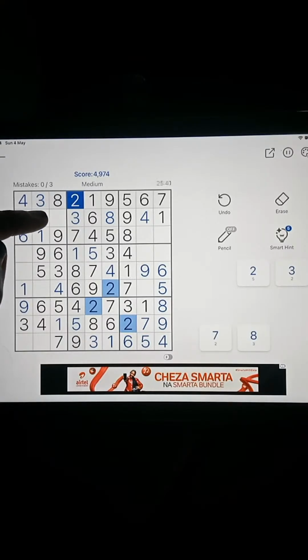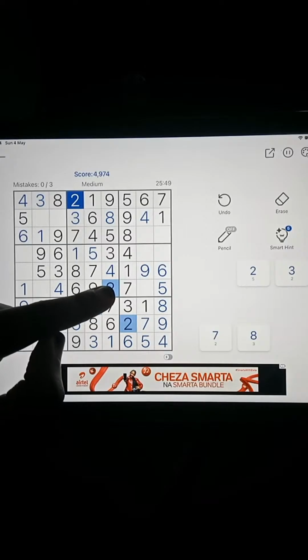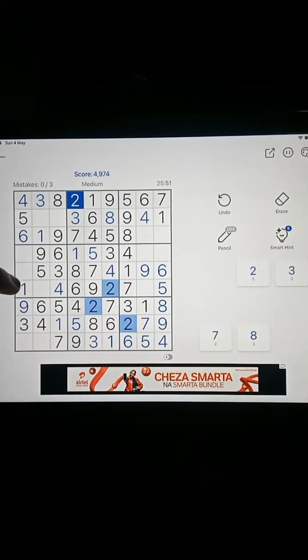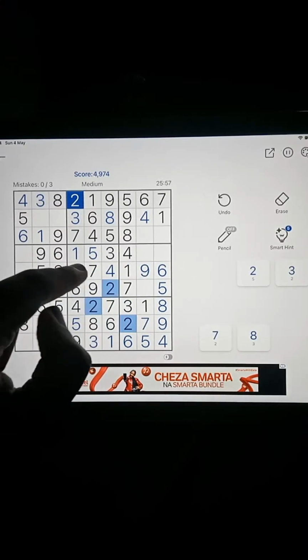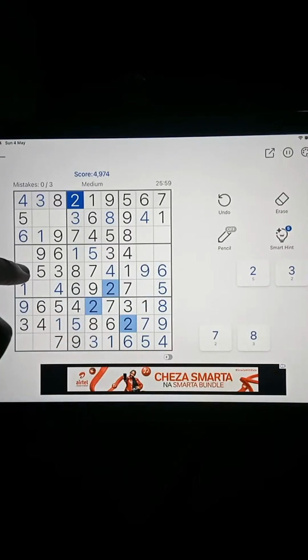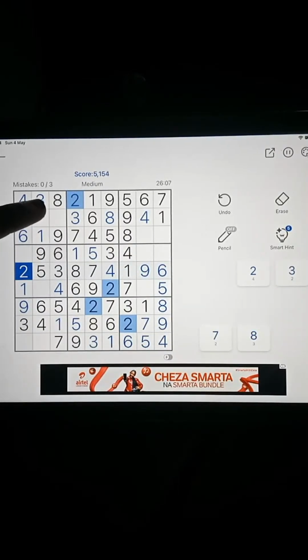So okay. So we cannot fill number 2 here because of this, meaning number 2 goes in either of these. But because we don't have a number 2 in this row and it's only 1 digit remaining, we can tell that number 2 goes there. And if number 2 goes there, it means